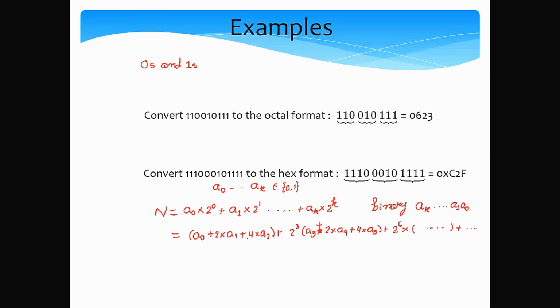So if I consider this term, the maximum value of this term is 4 times 1 plus 2 times 1 plus 1, which is 7. And the minimum value for each of these terms, this one or this one or this one, is 0 when all three coefficients are 0. So alternatively, the way that I can write is that this entire coefficient, I can think of this as B0. So I can write this as